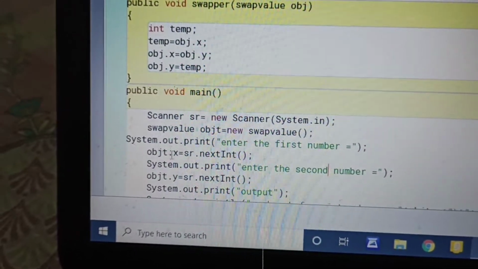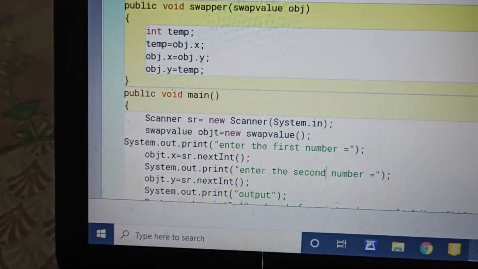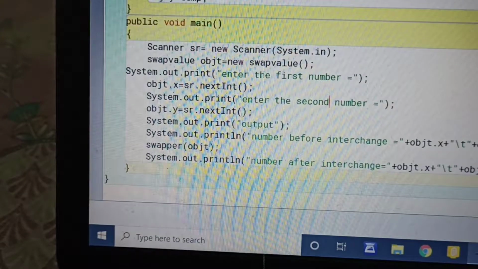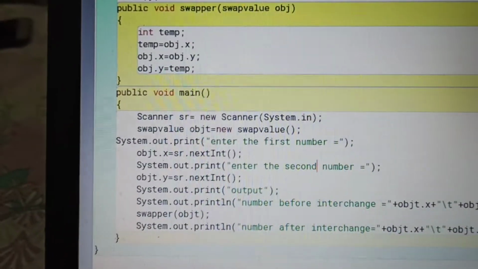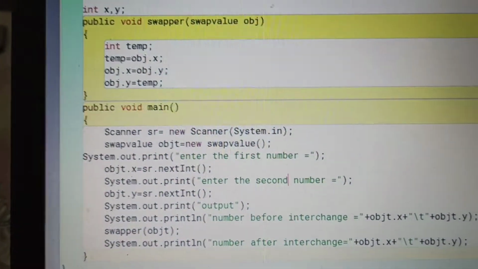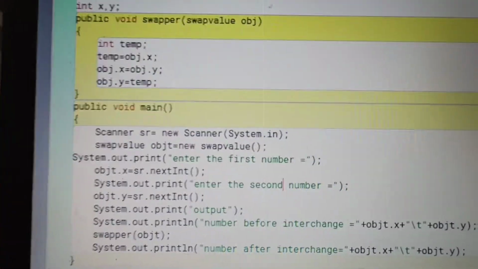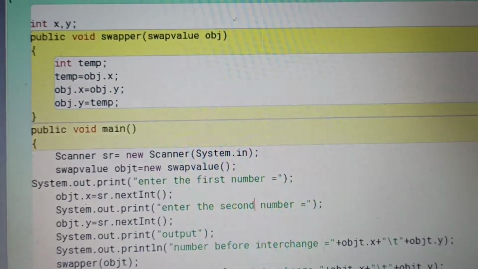Now after asking the user for the value, I will also explain what it will do over here. Input a value means it will input the value of x.